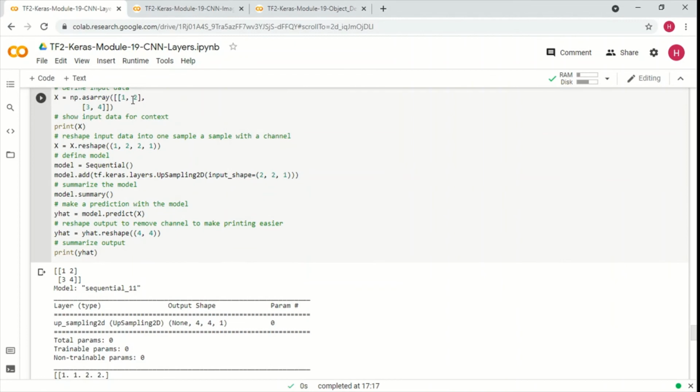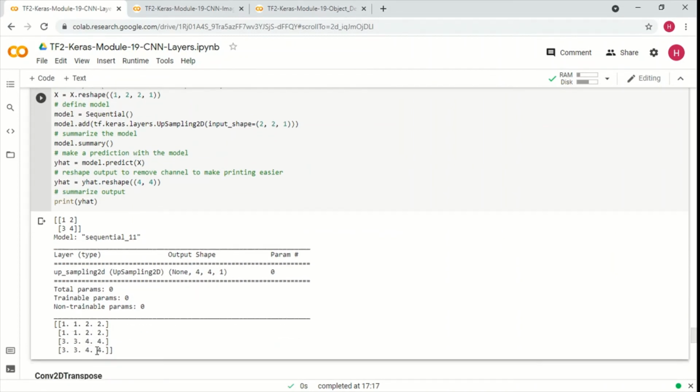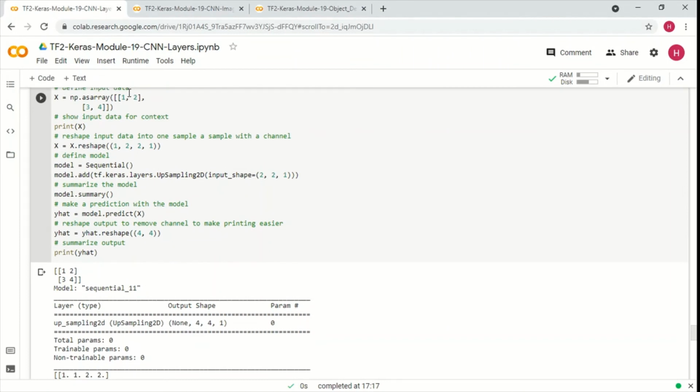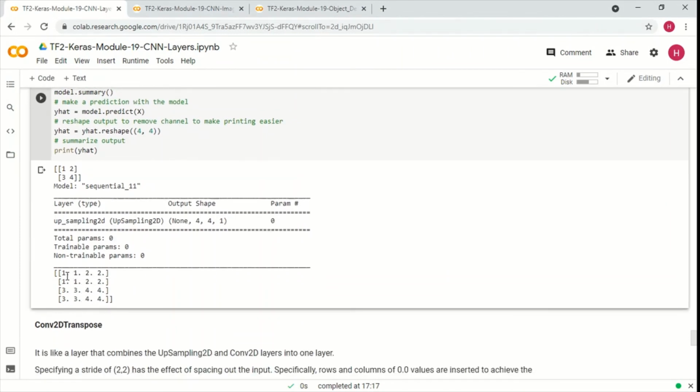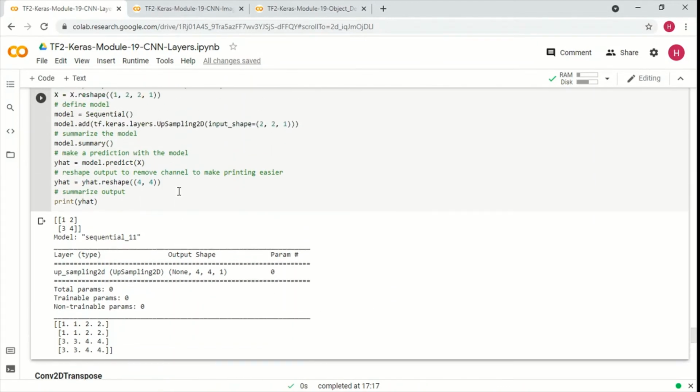We had an input of 2 by 2 which got converted into 4 by 4, and the 1 2 3 4 values are repeated. So it is upsampling, and there are no trainable parameters because it's just an upsampling operation. There is no convolution or filters applied here. So that's why you will see no trainable parameters, and the input shape is scaled up by the factor that we specify when we do this upsampling 2D.